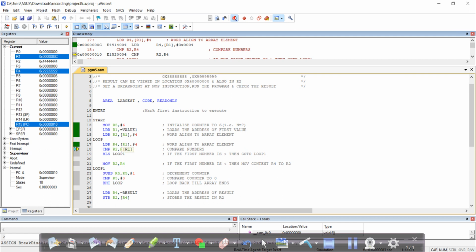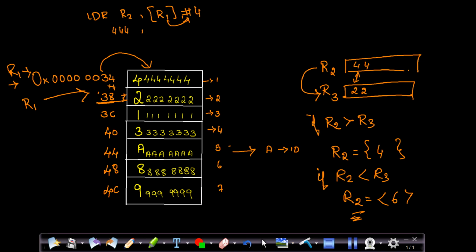So R1 is having the value 2 now. It copies to R4 and your R1 is again incremented by 4. It means that it goes to the next memory location, that is 3C. Now your R1 will be pointing to 3C here.